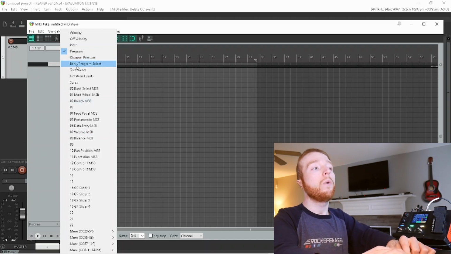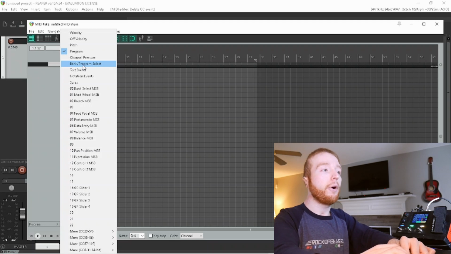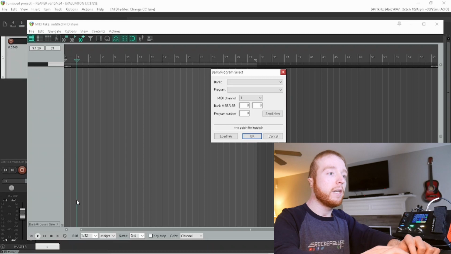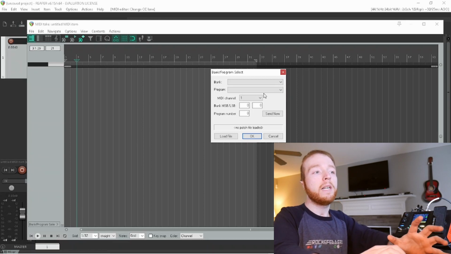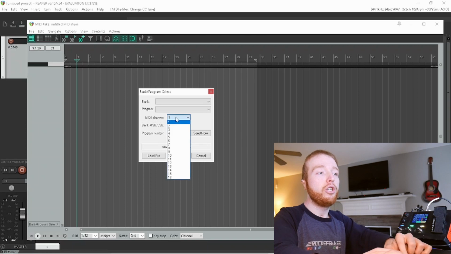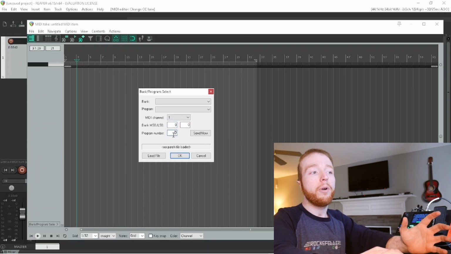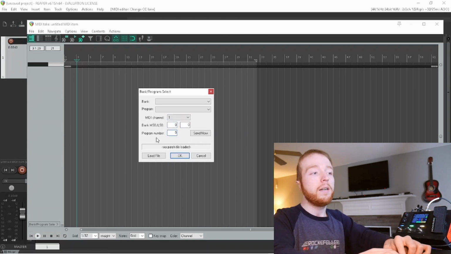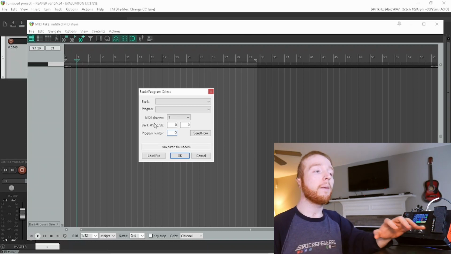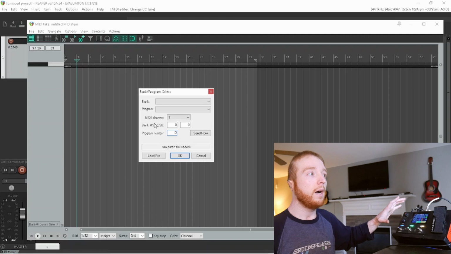Alright, so what we're going to use is Bank Program Select. Click on that, and then you're going to double click, and once you double click, it's going to bring up a pop-up that allows you to choose what program number you want to change. Now this is where things kind of get a little bit confusing, because